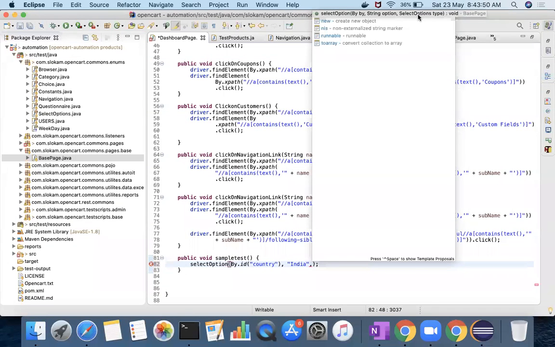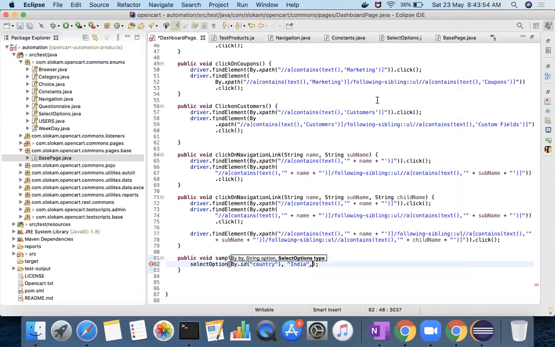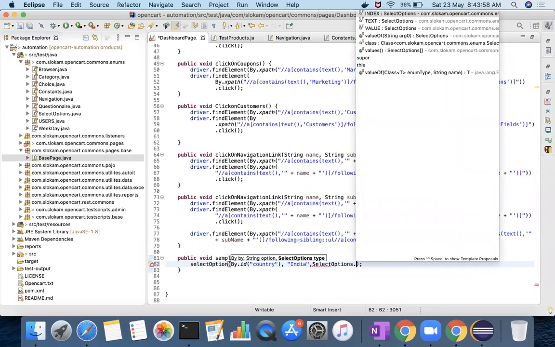You have to provide the options in this one only. So like select options dot, you see three options: index, text, value. So you are restricting the end user to use only one value out of these three. Apart from these three, you cannot send anything. So that kind of restriction you can enforce here.